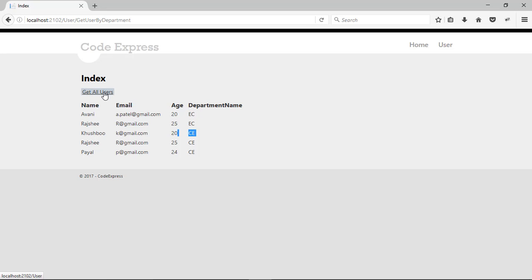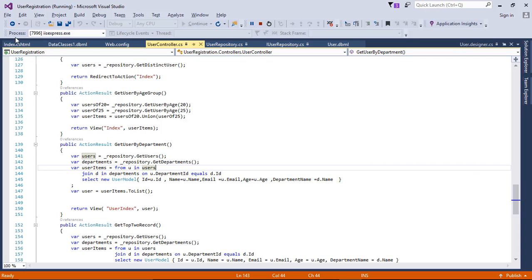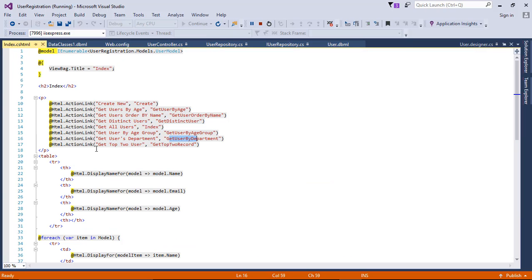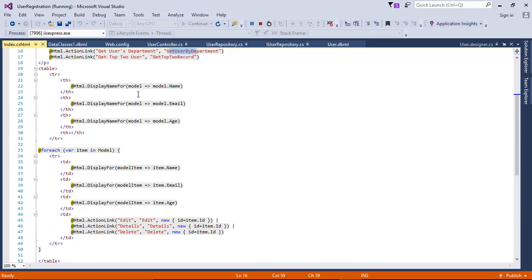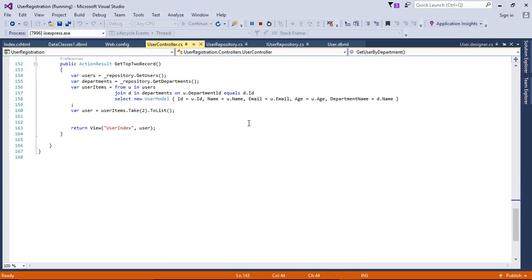Now let's go back to get all users. Now last one is get top 2 user. In index you can see for get top 2 user I used get top 2 record. I'm searching for method get top 2 record. Here it is. In this again I'm getting two